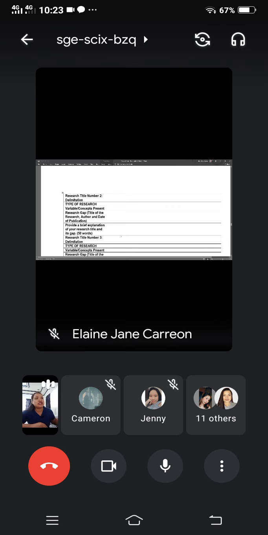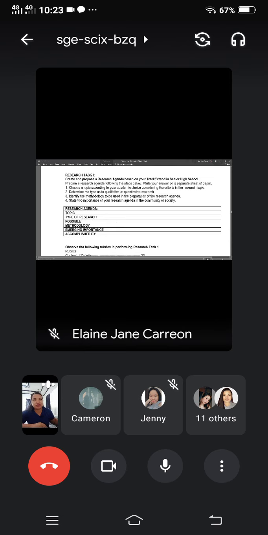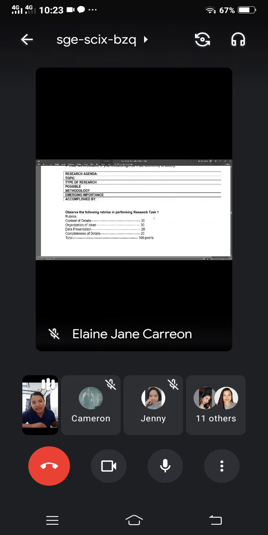Yung very good question, Jenny. Etong ating research task number 1 is good for 1 week. Ibig sabihin, sa darating na Monday, you are going to pass according to your groupings ng isang research agenda that will represent your group. So, isang topic lang, isang research agenda lang sa isang group. Ibig sabihin, kung nakapag-form, ilan na lang kayo? 34? 34 ano? So, kung tigpo 5, yung isa 4, 7 groups kayo, ano?